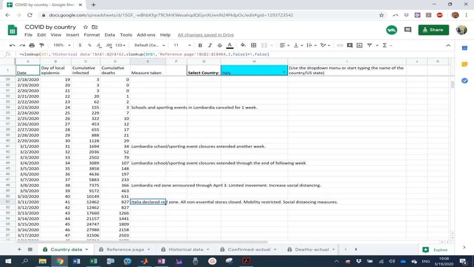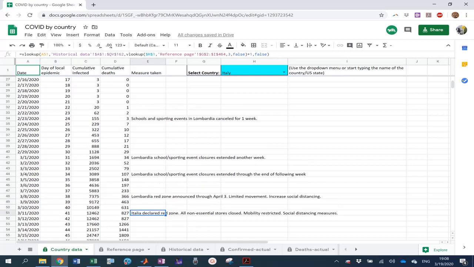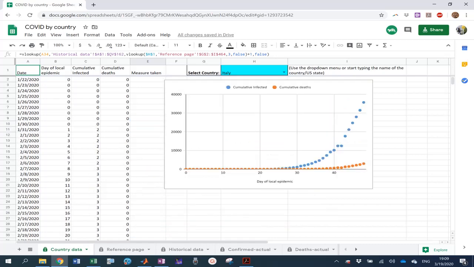country was declared a red zone. We'll get a sense of what that means in a bit, even though at day 24 they started to close things down. Just so you have a sense of how many days it took and where we were in the curve at that point. This is 24, and you could see why people didn't always agree with the closures, whereas it might be obvious now why those were put into place as early as they were.